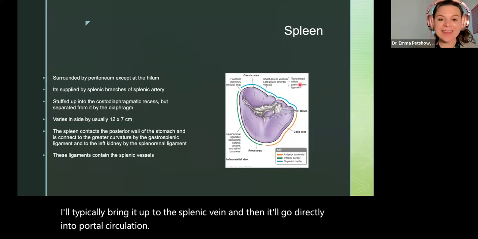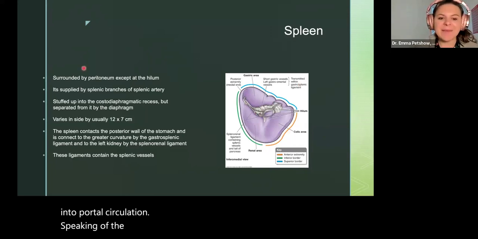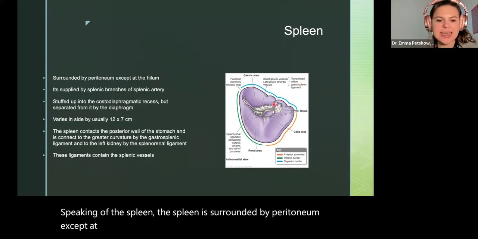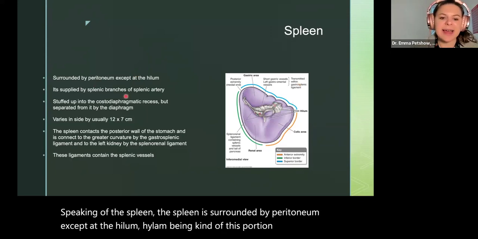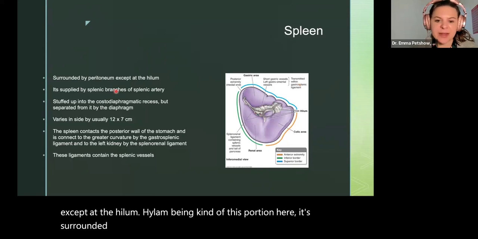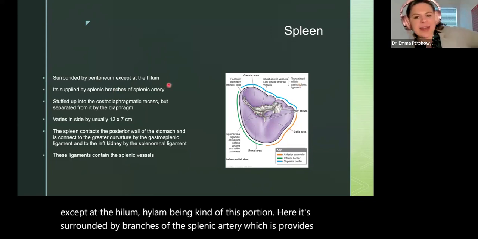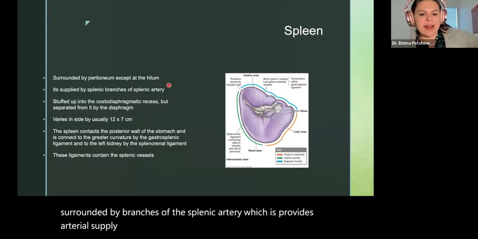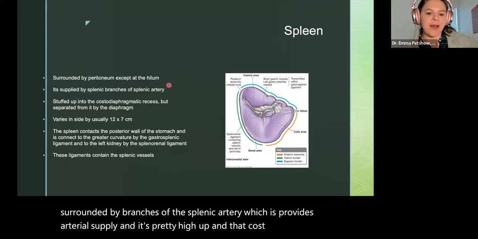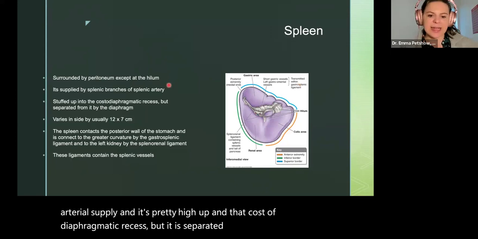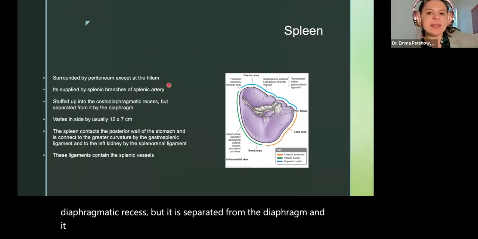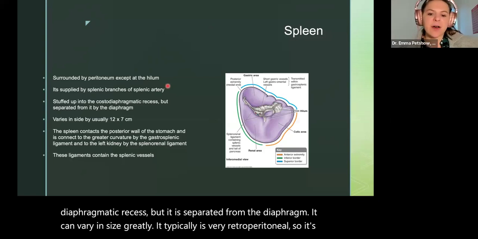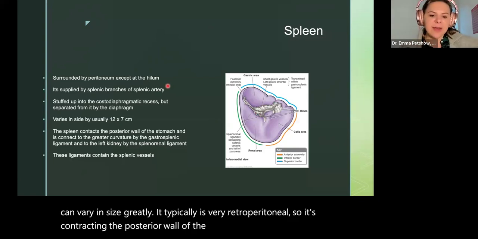Speaking of the spleen, it is surrounded by peritoneum, except at the hilum, which is this portion here. It's surrounded by splenic branches of the splenic artery, which provides its arterial supply. It's pretty high up in the costodiaphragmatic recess, but it is separated from the diaphragm, and it can vary in size greatly. It typically is very retroperitoneal, so it's contacting the posterior wall of the stomach, and it's also